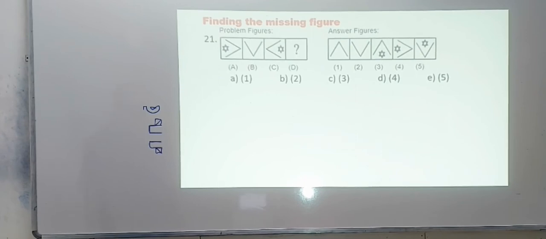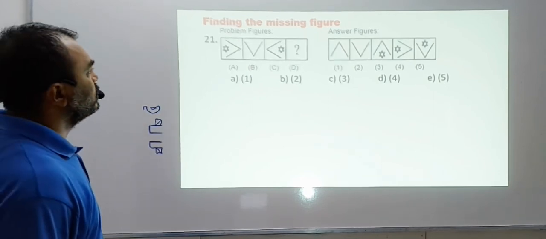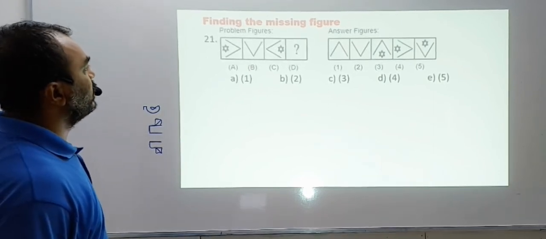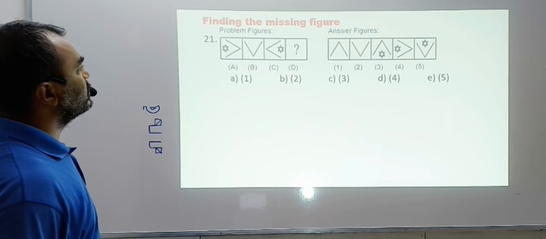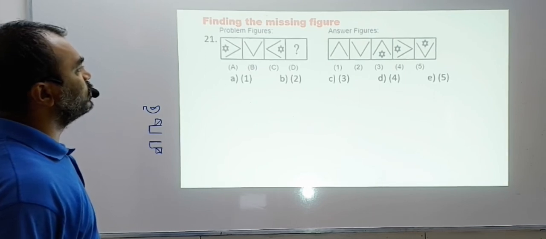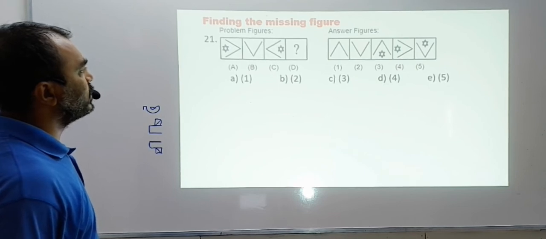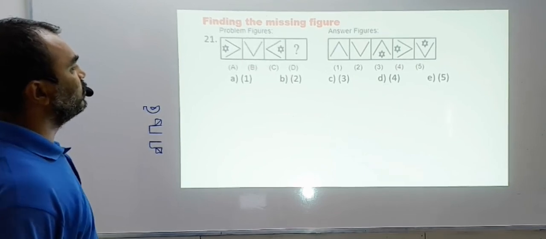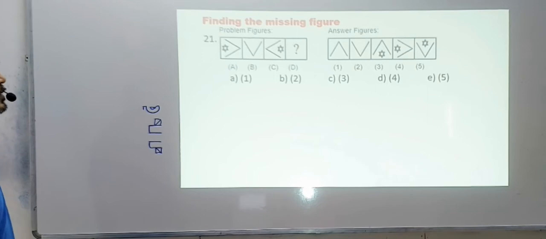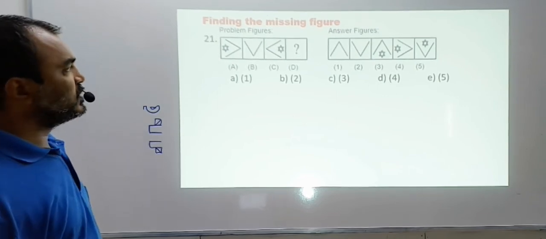You can see in A and B the star has gone missing and the orientation of the triangle has changed. In what direction the orientation has changed if you find out? So the star is missing, so I think 3, 4, 5 should not be the option at all, right? So between 1 and 2 we have to decide in which direction the triangle should change. It has moved by 90 degree. In which direction?